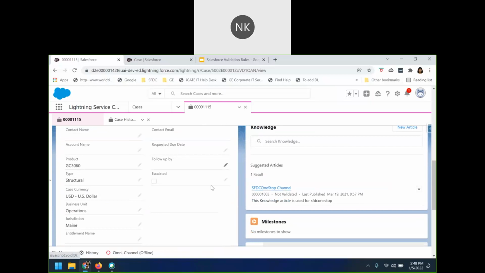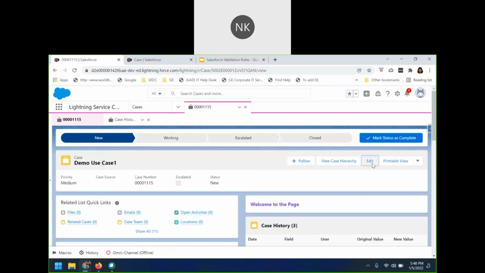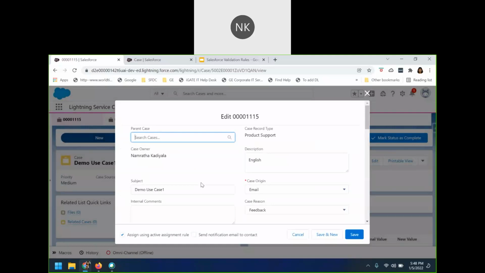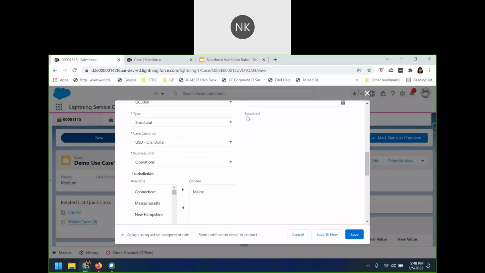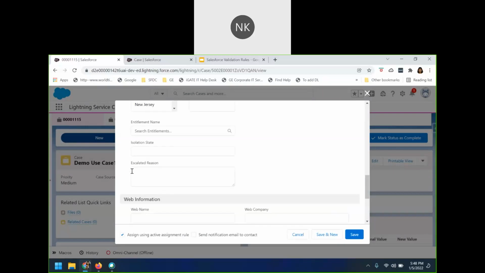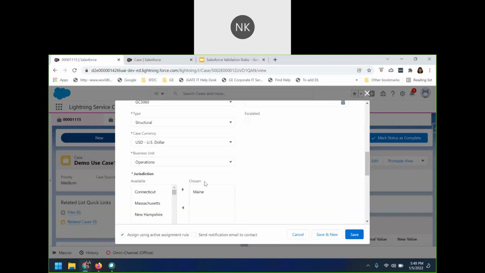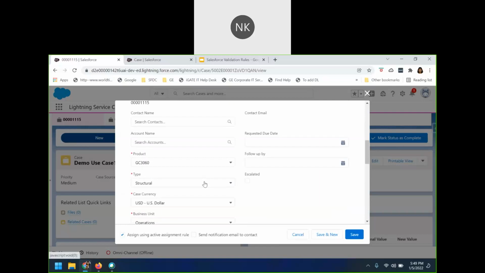So I come here and try to edit the record, and when I enable this checkbox, business also wants the escalated reason to be filled in. So this is a simple use case which can be implemented using the Salesforce case validation rules.